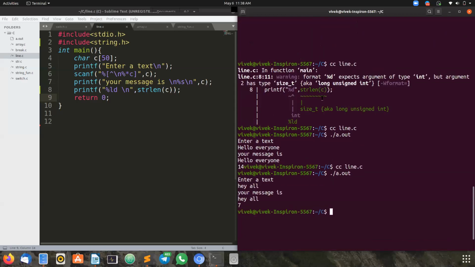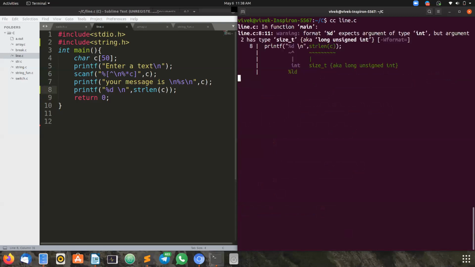And coming to your doubt, I will once again remove this L. You observe the 8th line of the program code, printf, I'm putting %d. Once again, I'm going to compile the program. We are getting a warning. %d is only for printing integers, but I am printing the length of the message. The length is not negative.